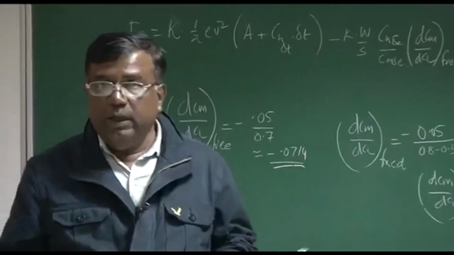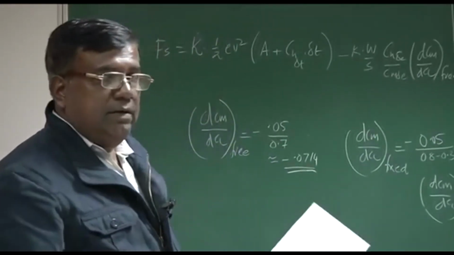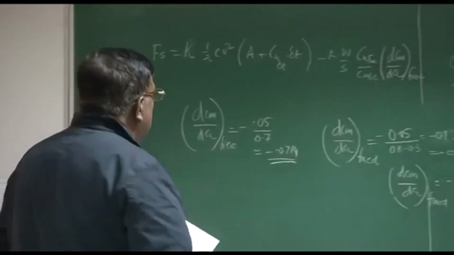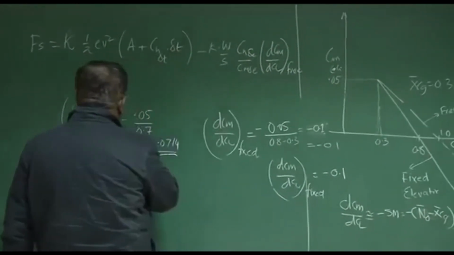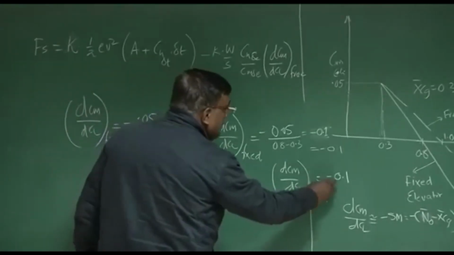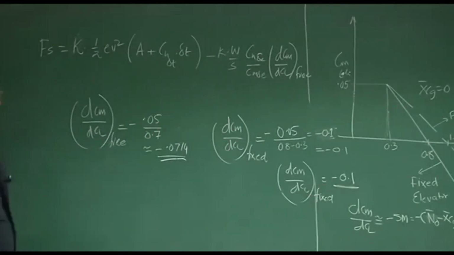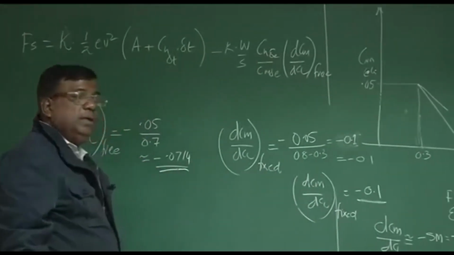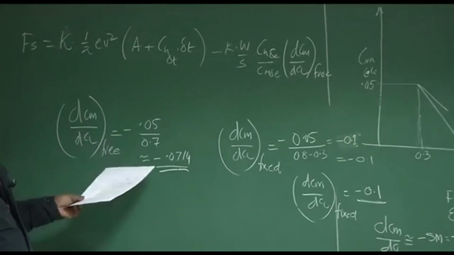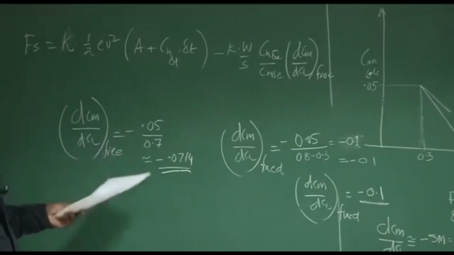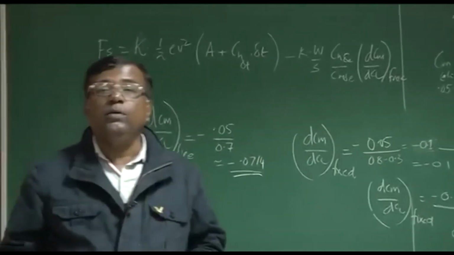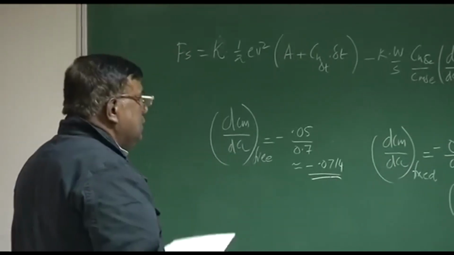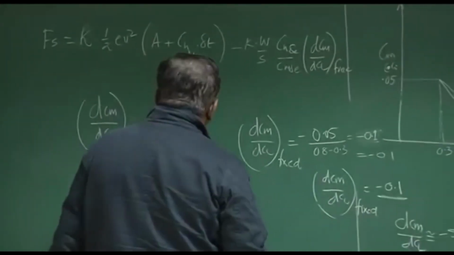Please, you yourself should do this calculation. Don't assume that I am doing it correctly. I will be telling you the process correctly, but the numerical things you have to do yourself so that you get the correct number. So now if I compare dCm by dCl free and dCm by dCl fixed, I find that dCm by dCl fixed has a larger negative slope, and that is why we say naturally dCm by dCl fixed should be a more stable configuration than dCm by dCl free. Why? Because in the dCm by dCl free calculation, we have allowed the elevator to float, and that becomes the equilibrium. Okay? Correct? So these are the interpretations of these numbers.